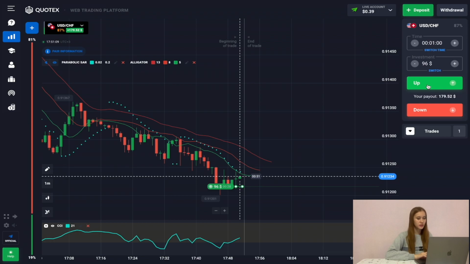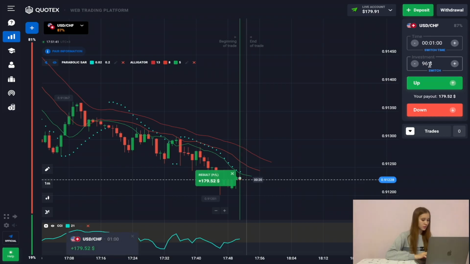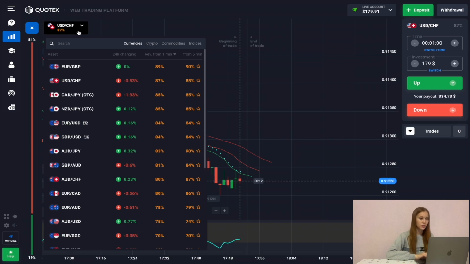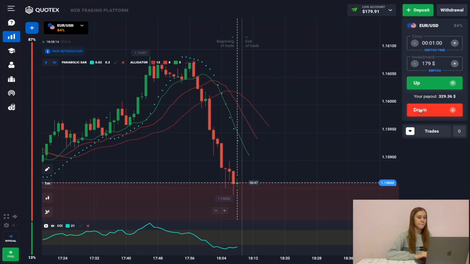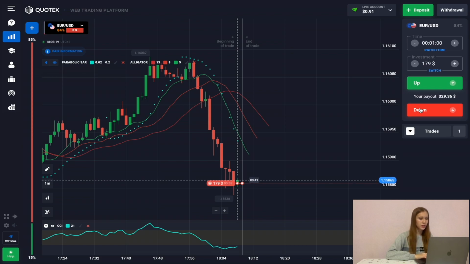So let's wait for our trade to close. So we close our trade and move on to close our trade successfully. So let's open our trade on a lower price. Now we see a rapid downtrend and a price correction is taking place. We can now only wait for the closing of our deal,